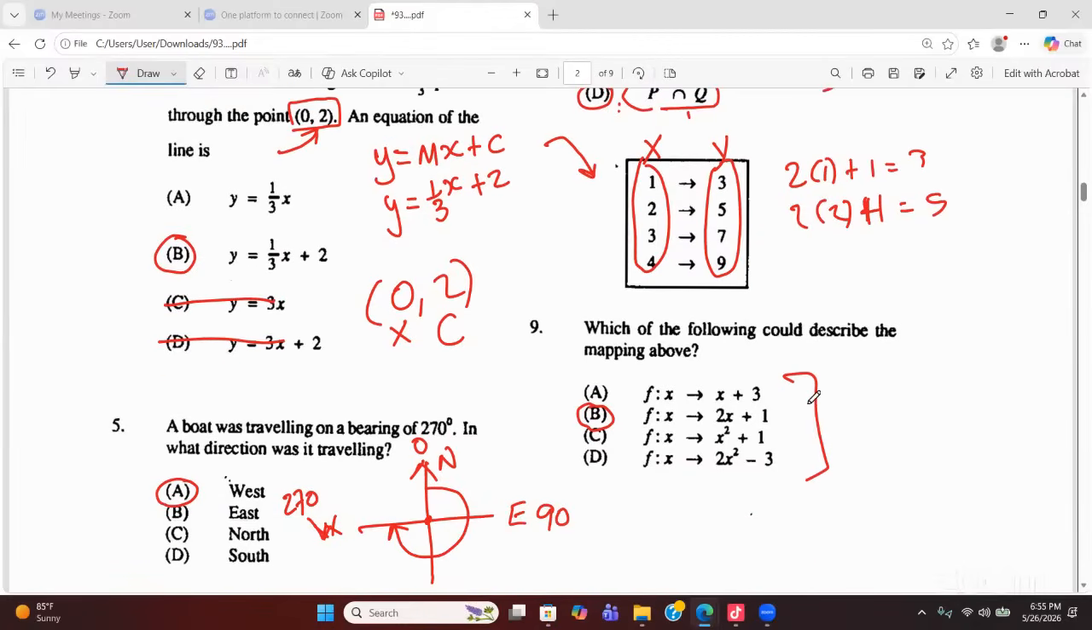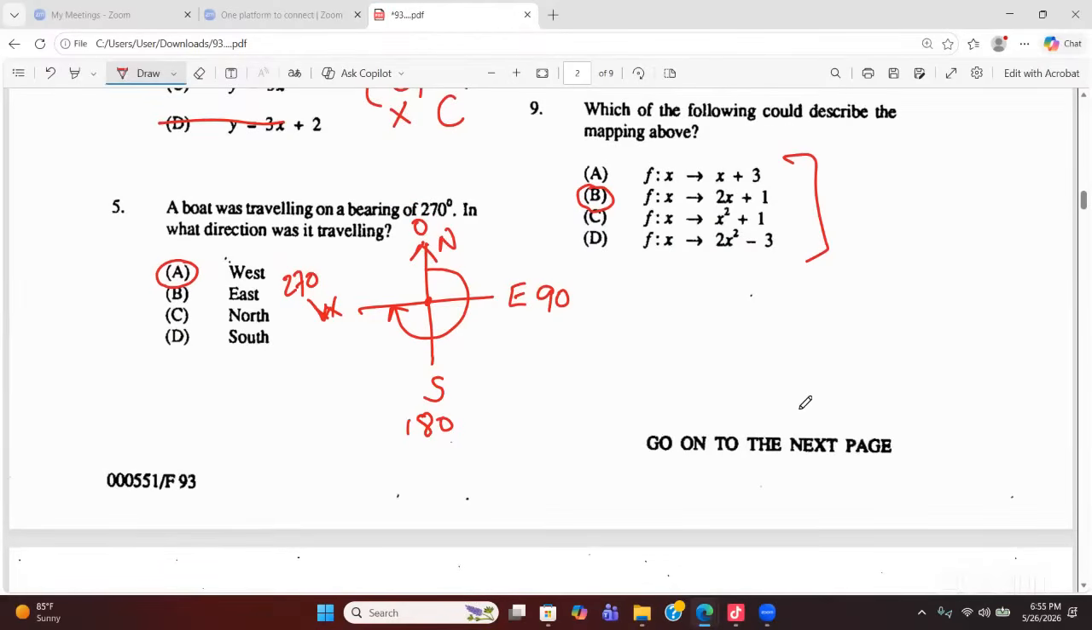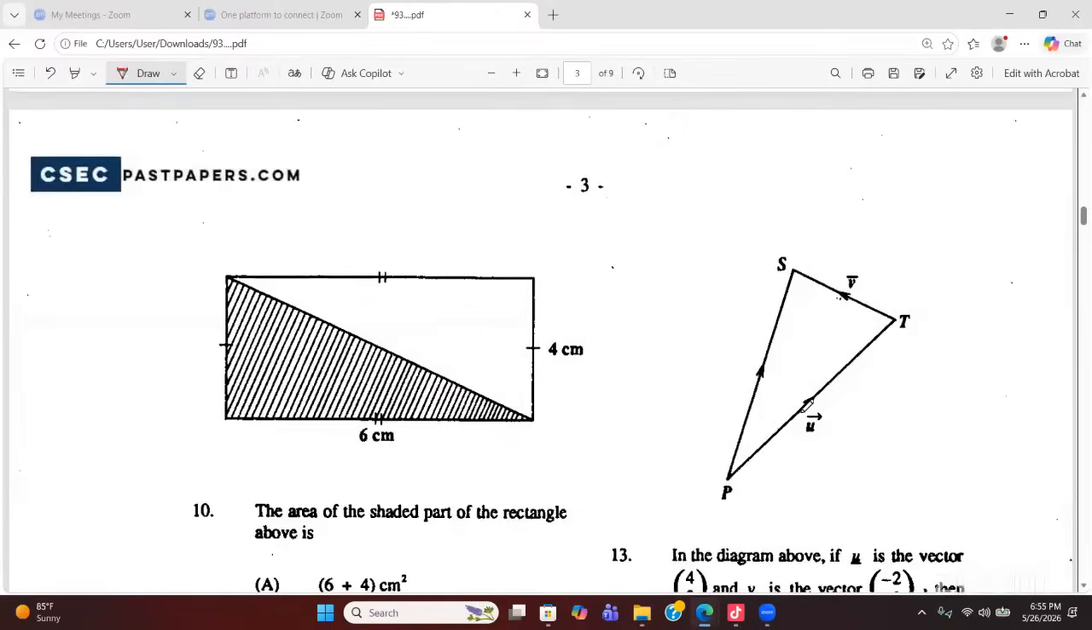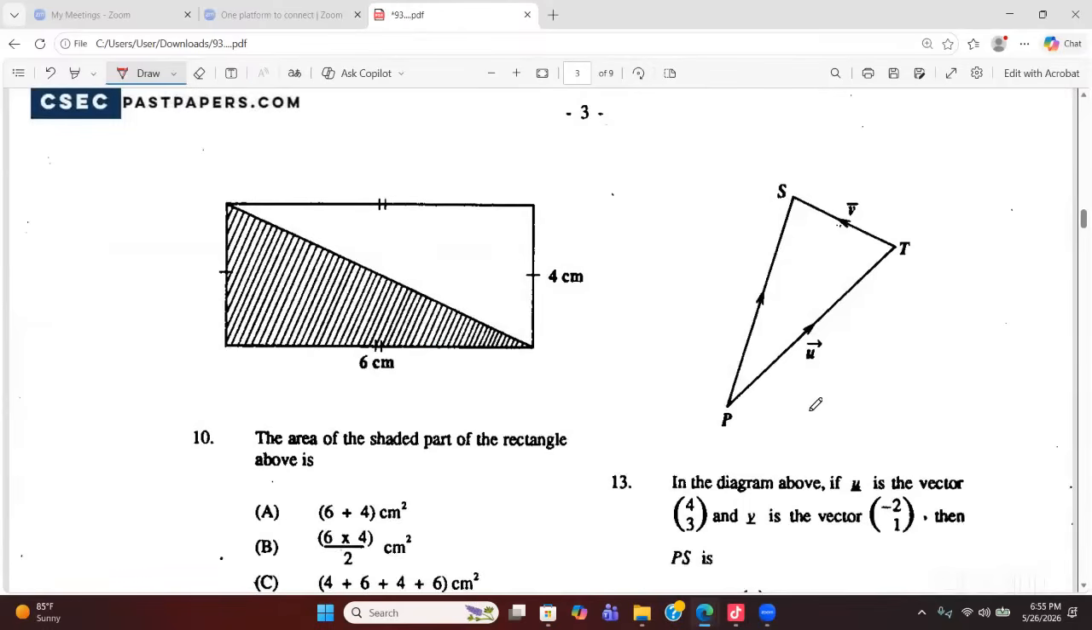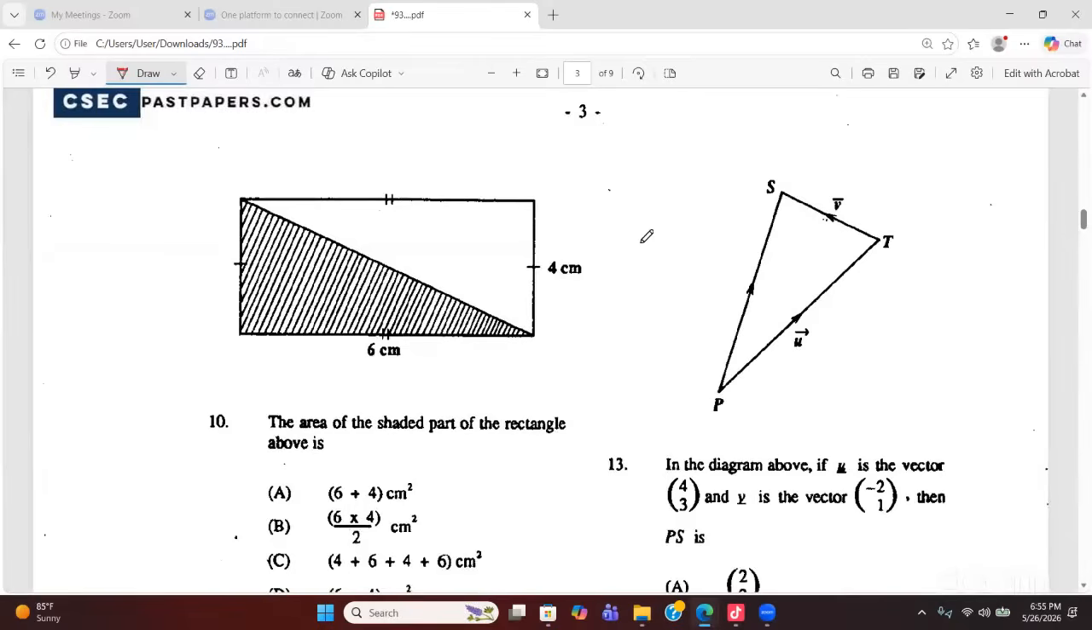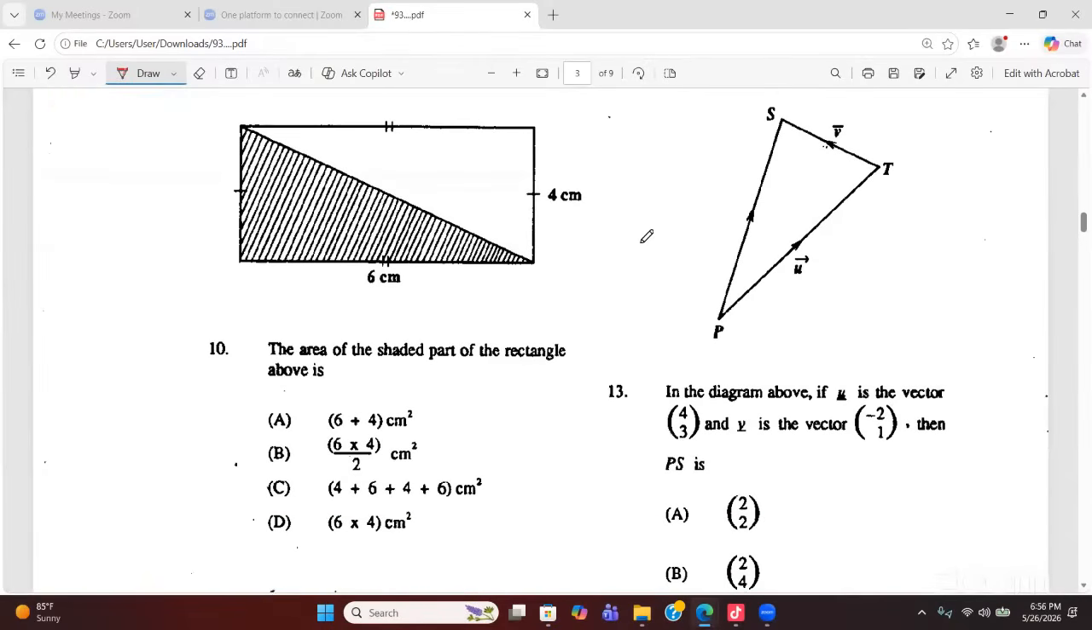Let's go to number 9 and see what we have there. Number 9 is a nice question. Wait, is that number 9? Number 10. Okay. So number 10, let's take a look at it. Number 10 says the area of the